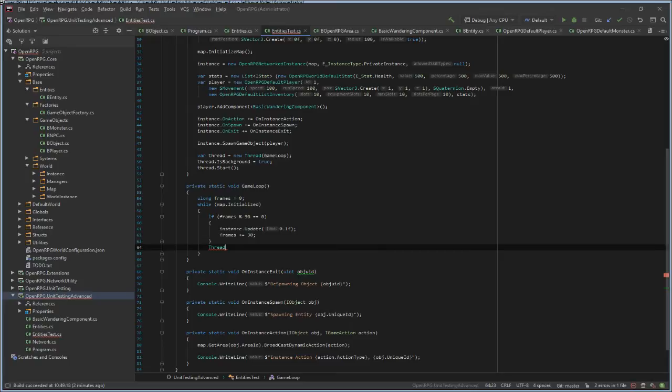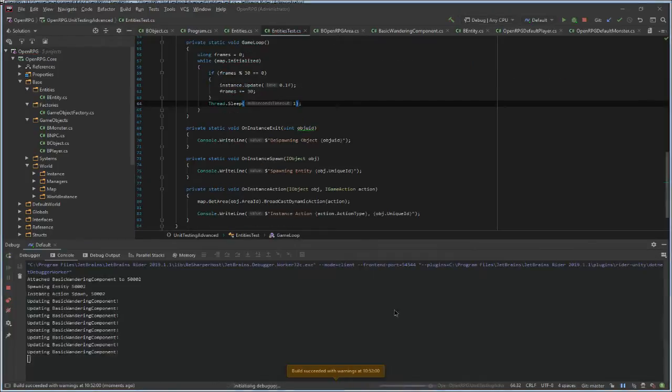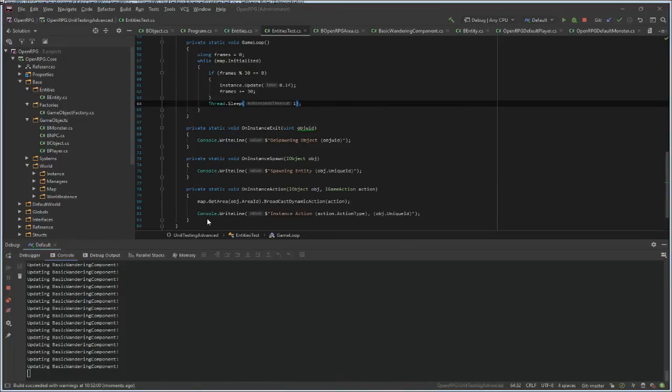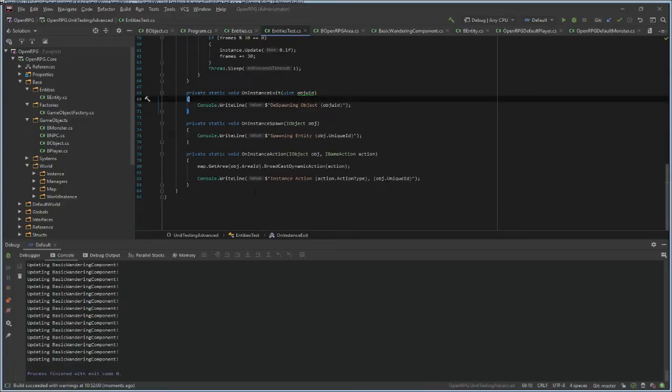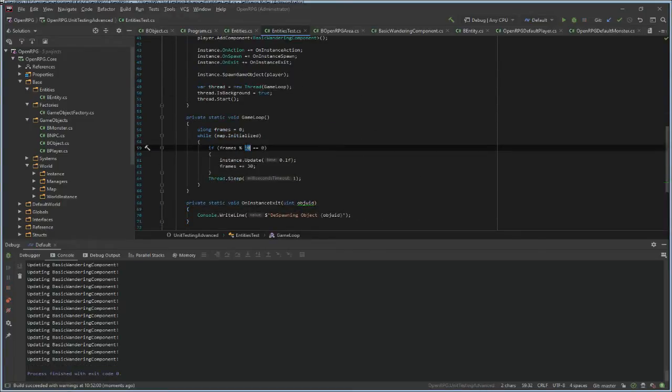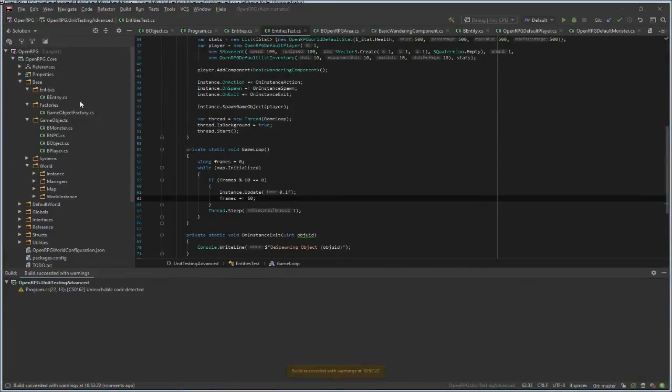Sleep 1 millisecond. Does this work? Yes, it does. Great. I'll make it 60. Let me build.